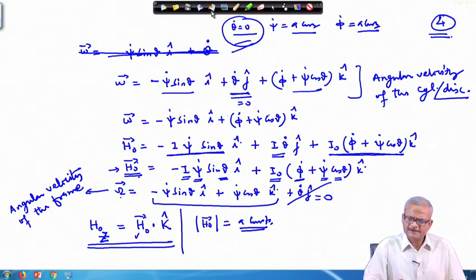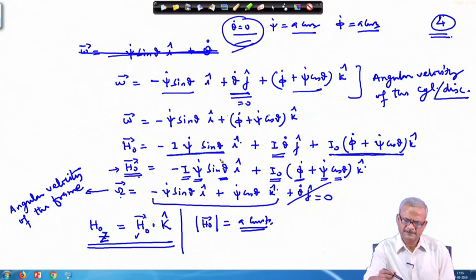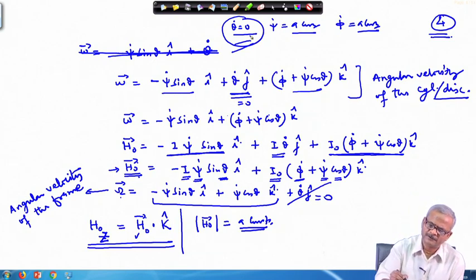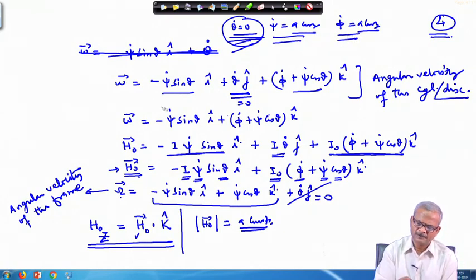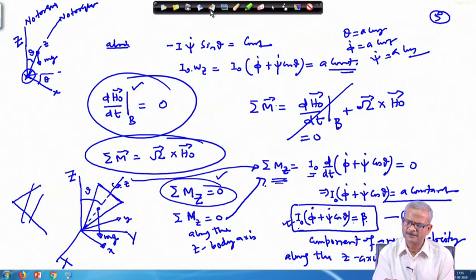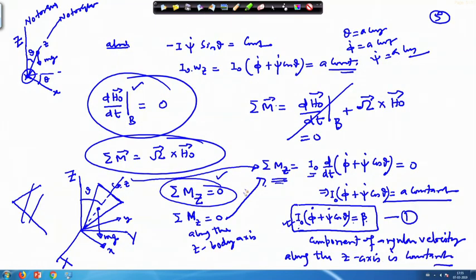Thereafter, we were also interested in some more things we worked out in that context, that theta equal to 0, psi dot equal to constant and phi dot is a constant. So, how omega is given and capital omega, this gets reduced. From there we have got h 0 z. So, these are a few of the derivations you can always work out. It is always good to do the same problem in various ways, so that it exposes you to the different techniques. Okay. So, from there we have got these conditions.